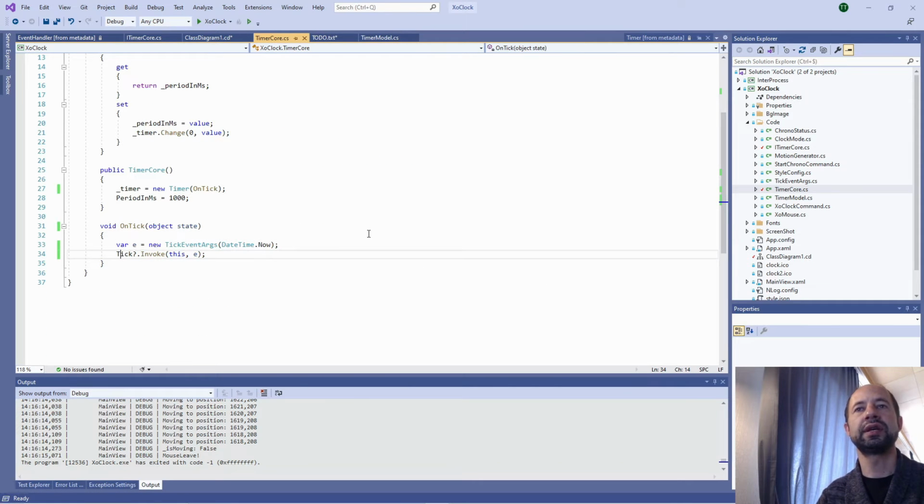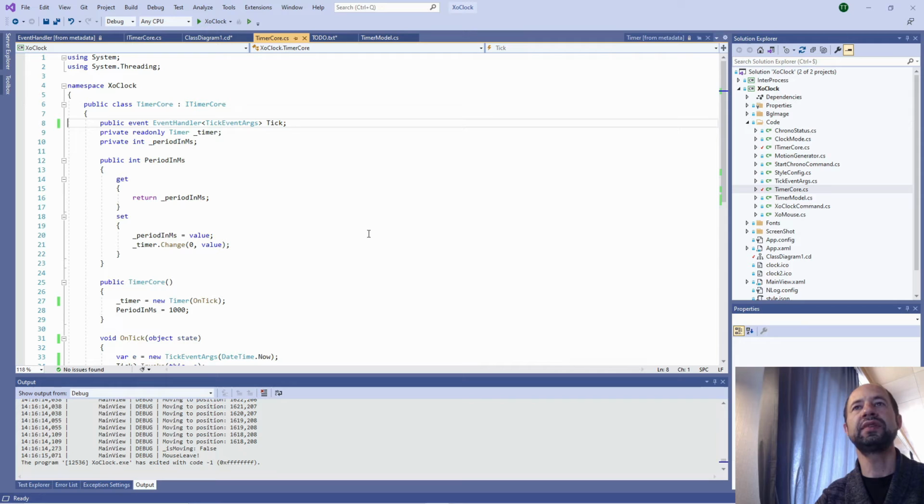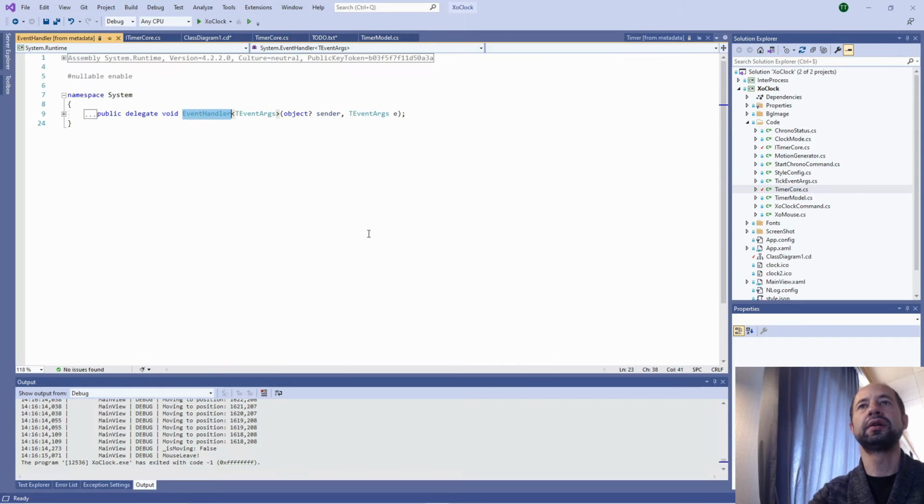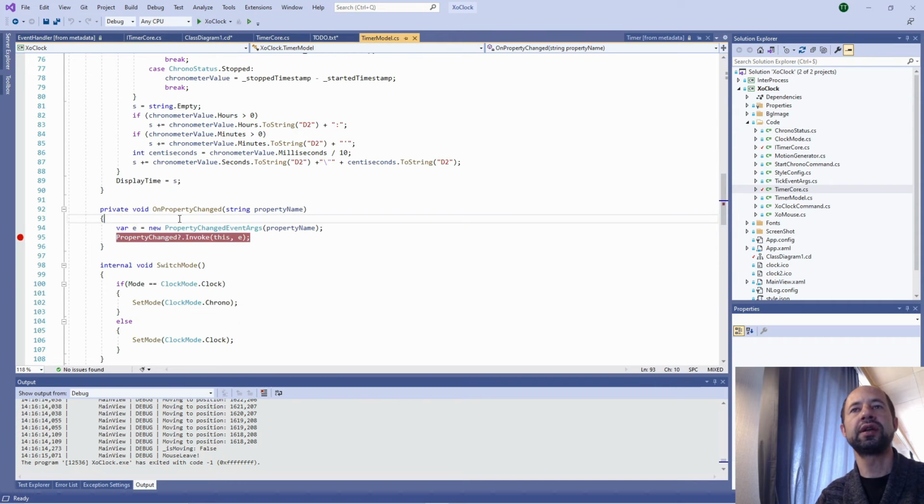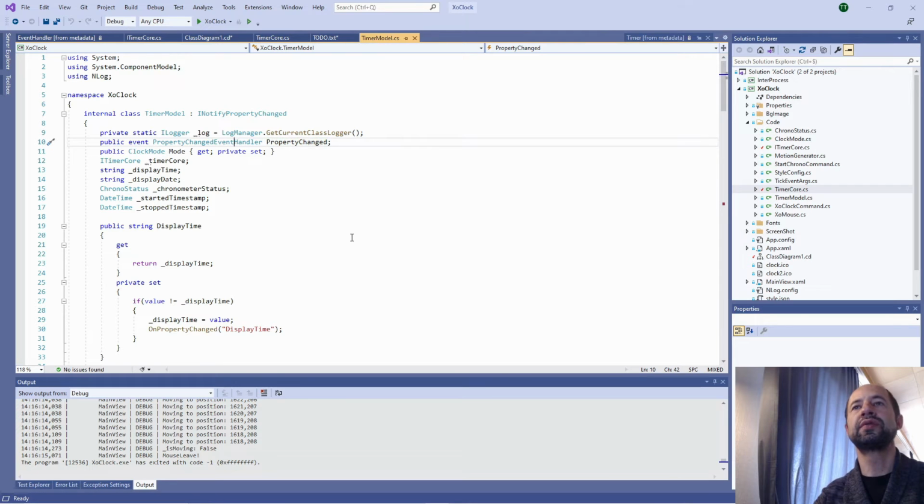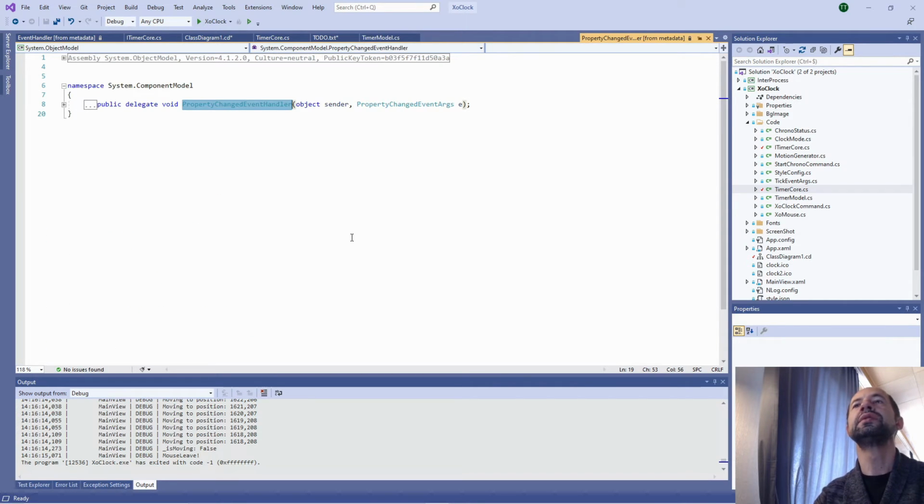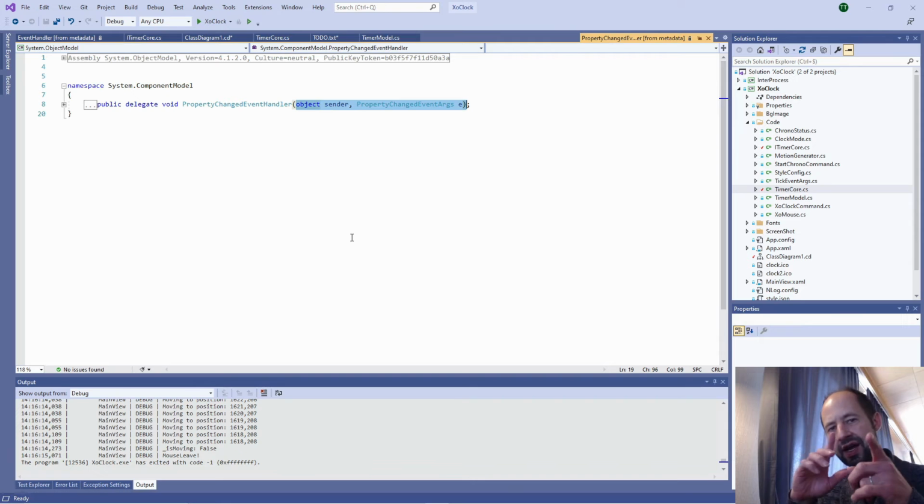Because here, if I go here, tick invoke, event handler. Here we have object sender, event e. And if I go to my timer model, the property changed definition should also be with the same prototype: object sender, event args e. This is with little technical subtlety that we can differentiate an expert code to a novice